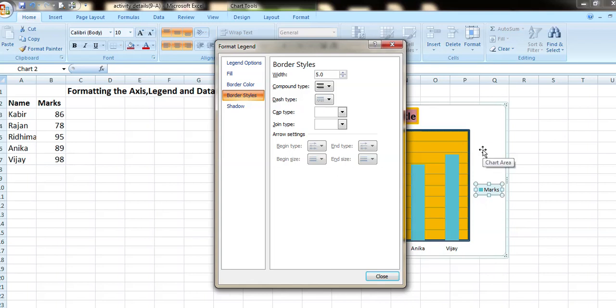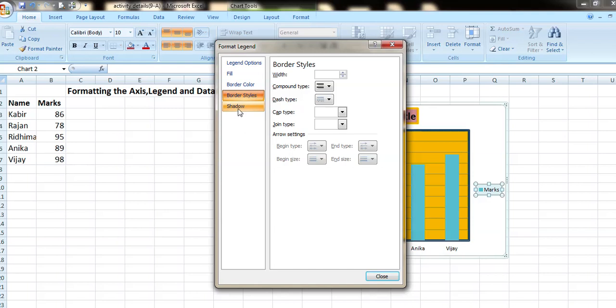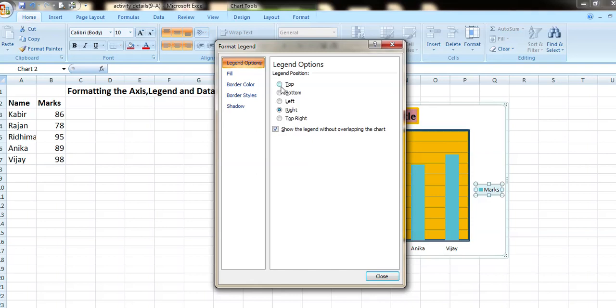Select the top radio button option from the displayed options, and I can change the position of the legend.